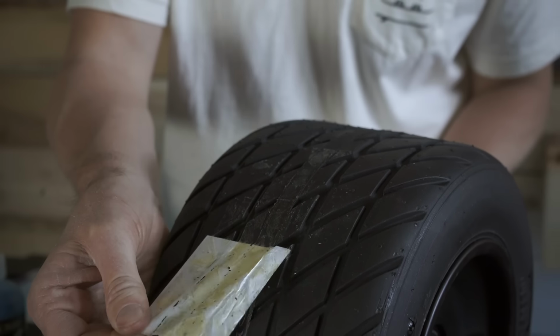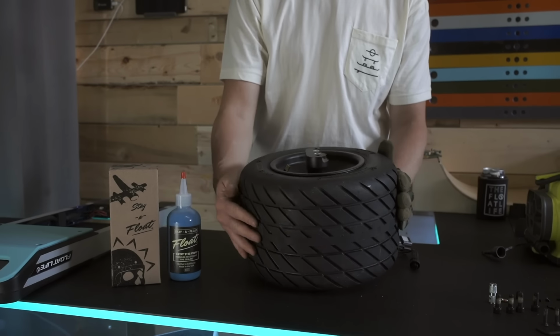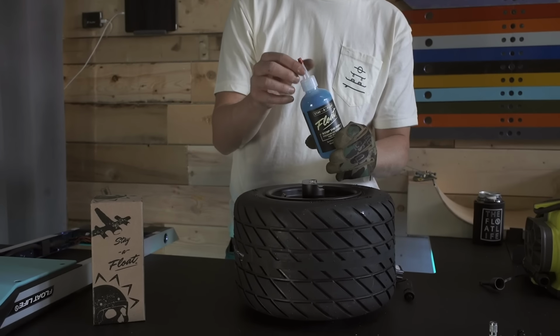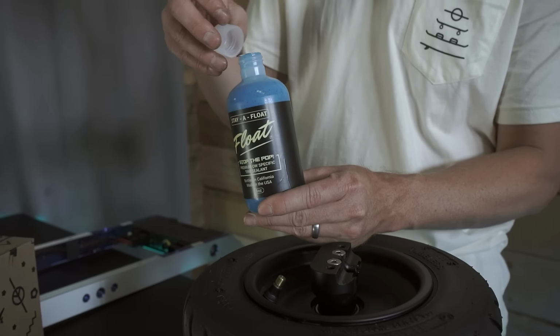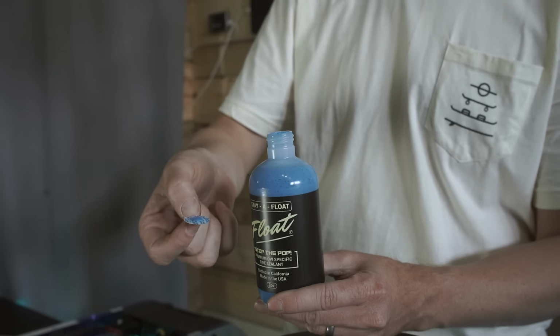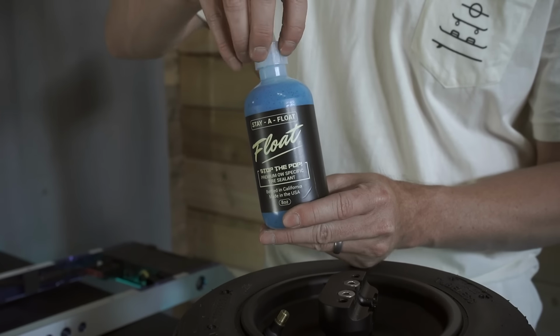Make sure you peel that sticker off and turn it into a paper airplane. It's time to install our Stay Afloat tire sealant. You want to lay your tire down with the valve stem side up, unscrew the cap, and you want to remove the safety seal. It's for your safety, not for mine. Screw the cap back on,